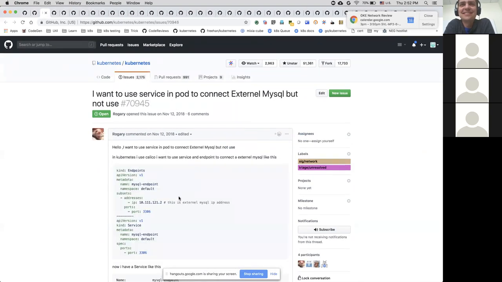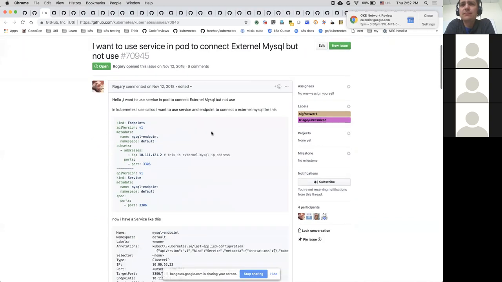All right, next one. I want to use service in pod to connect external MySQL, but not use... I don't know what that means. It sounds like asking for a headless service.